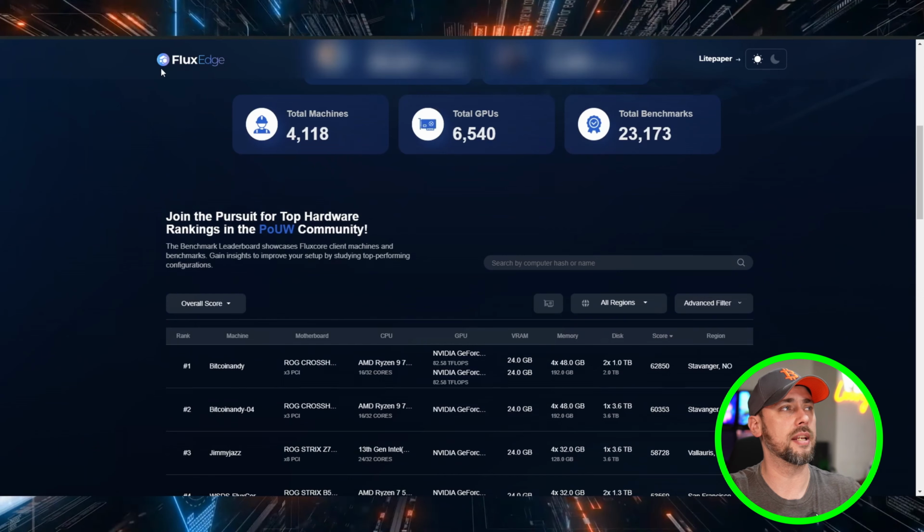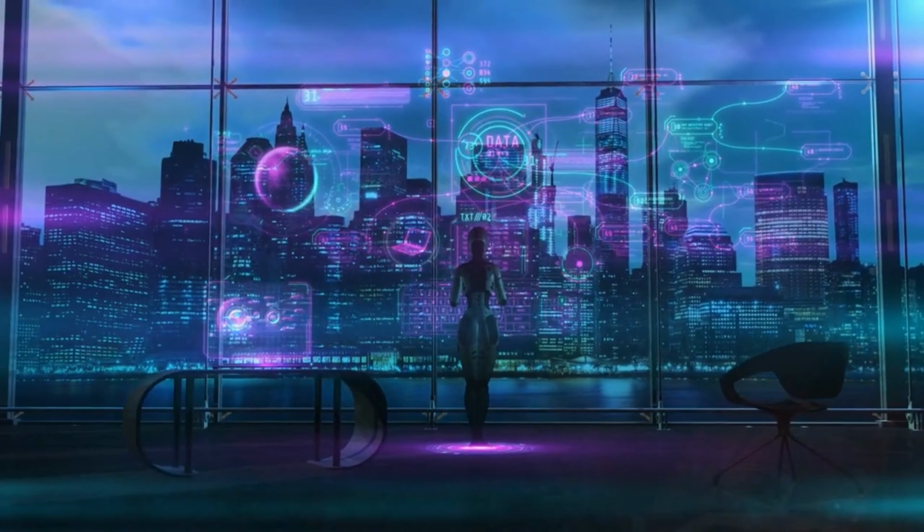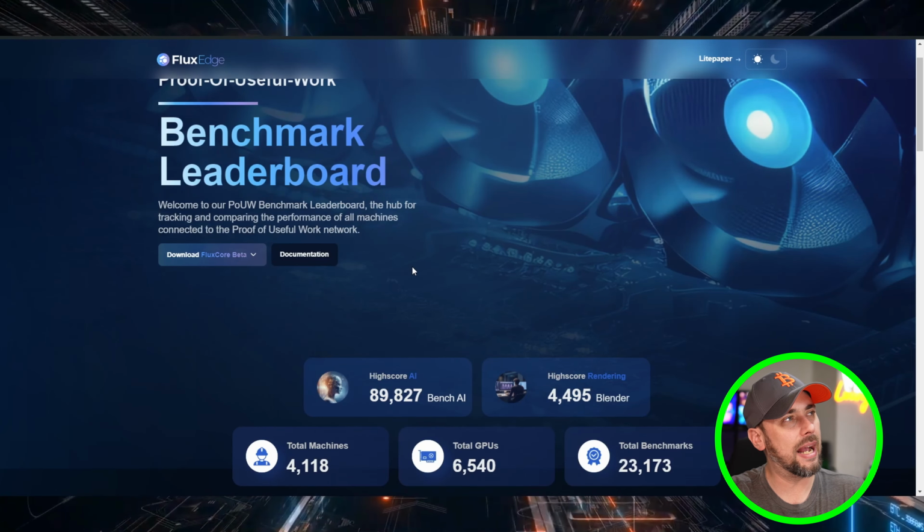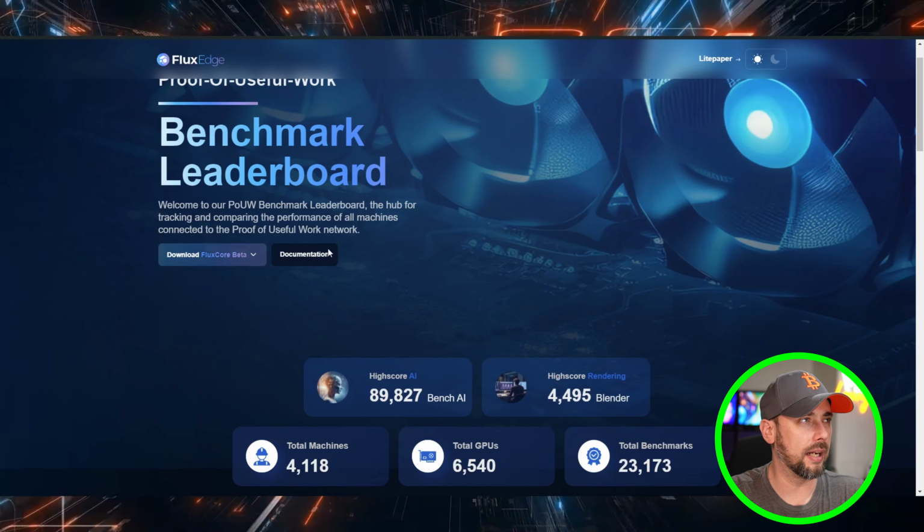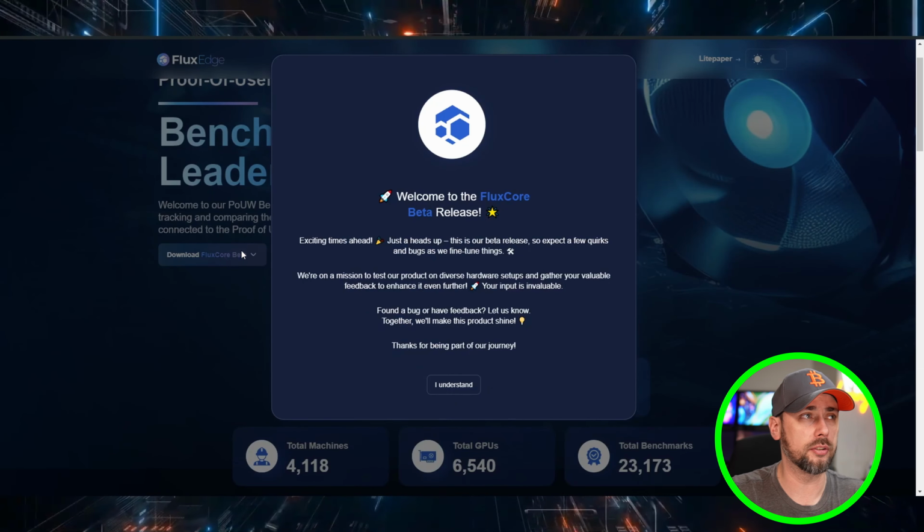We can see up here it says FluxEdge. FluxEdge, as I understand it, is going to be their marketplace. People that need to use our resources will go to spin up the jobs that are going to be done with our machines. Jumping back to fluxcore.ai, big button right in the middle, it says download